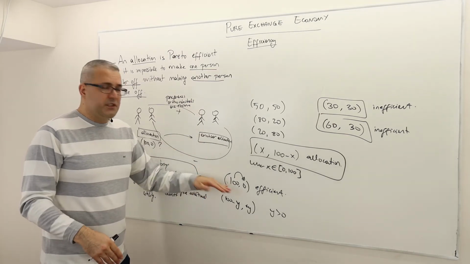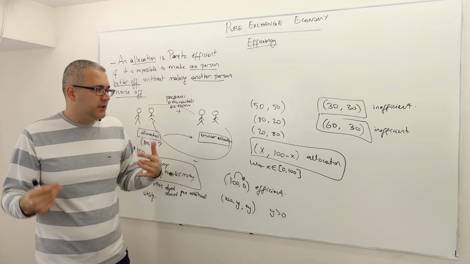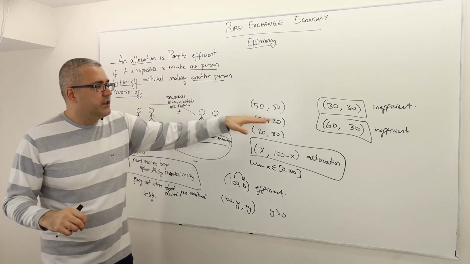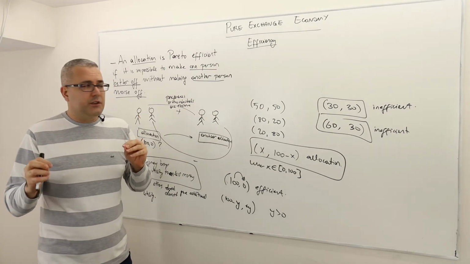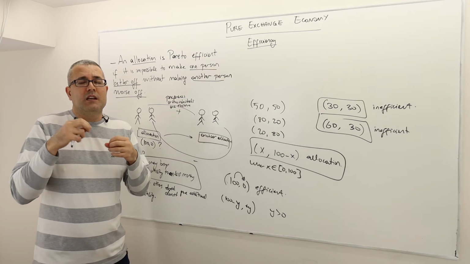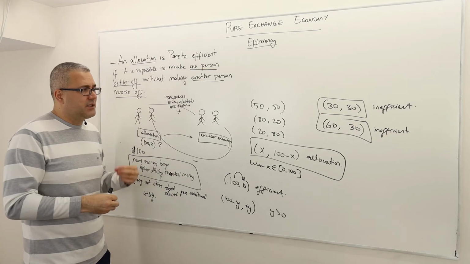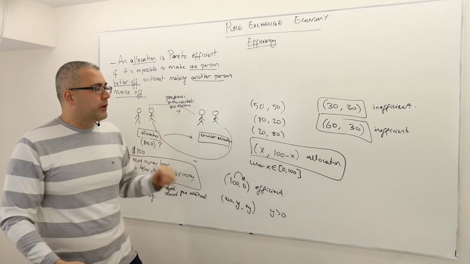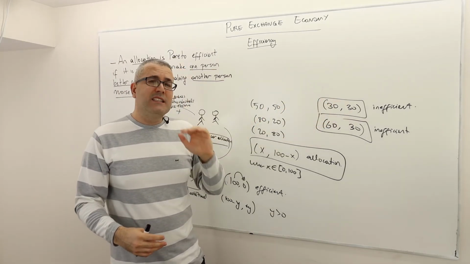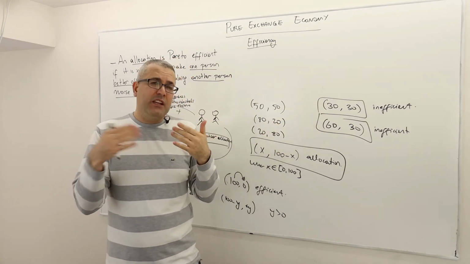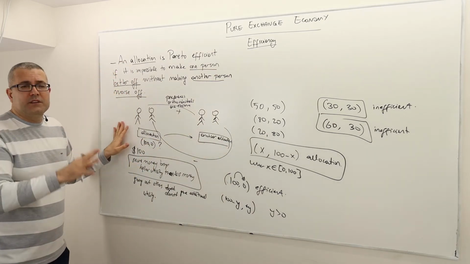There's nothing special about 100-0. Another scenario where Bob gets 0, Anita gets $100 is also efficient. 50-50 is also efficient. 80-20 is also. So as long as their shares sum up to 100, it's going to be efficient. Obviously, their shares can never sum up to more than 100 because they don't have more than $100. They have exactly $100. And so in this very simple framework, any allocation where the sum of the shares adds up to strictly less than 100 is going to be inefficient. All right. So this is it for this very simple framework.